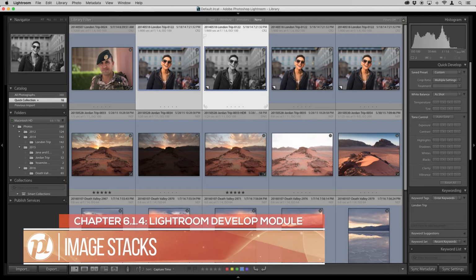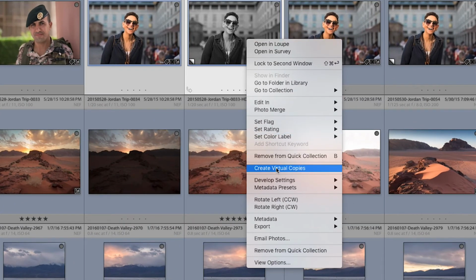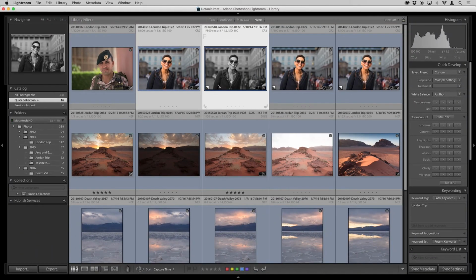Now, one thing to keep in mind is that when you create a virtual copy, as I did here, Lightroom automatically knows that they're part of the same original image, which is this one. So it's automatically going to create a stack. And let me talk about stacking now. In this case, I am in the quick collection view here, so it's not going to let me view the stacking options. In fact, if I right click an image, by default, I should be able to see the stacking option here, but unfortunately in quick collection, there is no capability there.